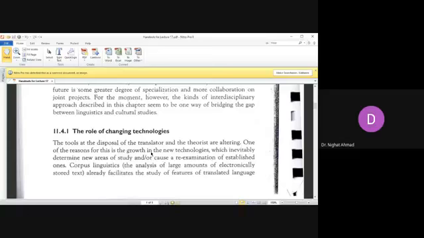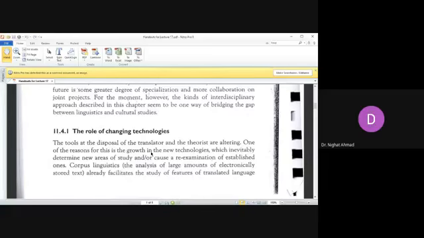The tools at the disposal of the translator and the theorist are altered. Okay, so what are these? Computer is a tool used currently. Initially the translators would be using handwritten translations, or they would be typing on typewriters, but we're moving over to word processors. But here we're talking about how the computer as a tool is available to the translators of the current era. So the tools at the disposal of the translator and the theorists are changing